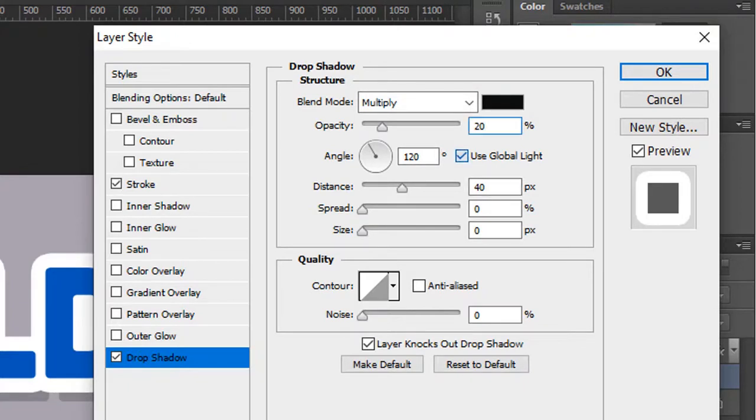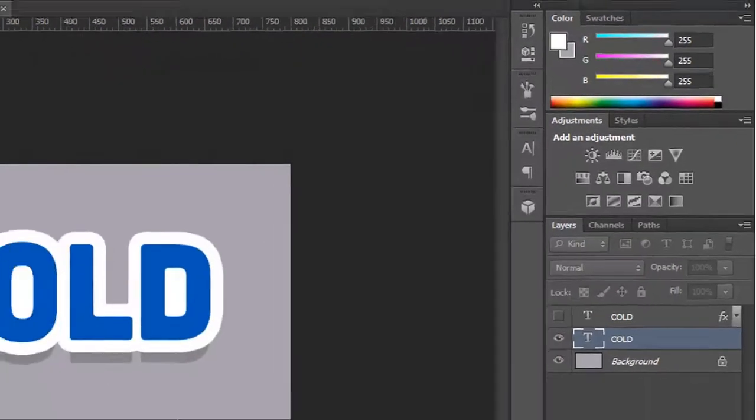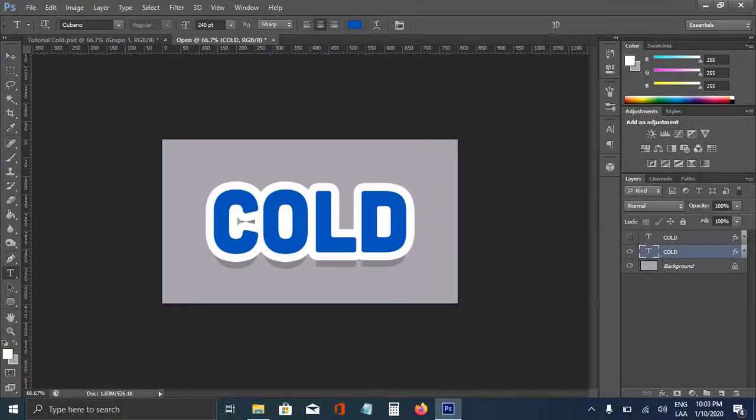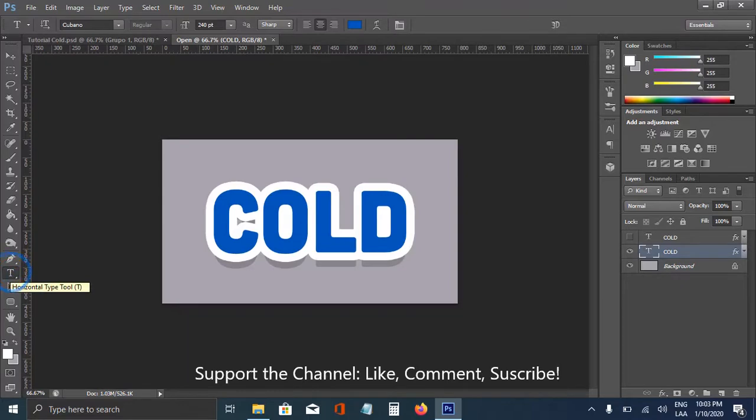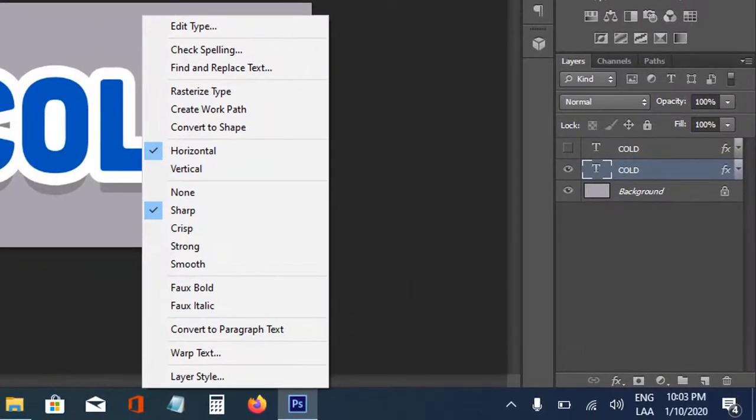We're going to remove use global light and change it to 90. In the 90, this is going to be the angle. That's everything for styles, and we're going to use the type tool, the recent tool, and doing right click,